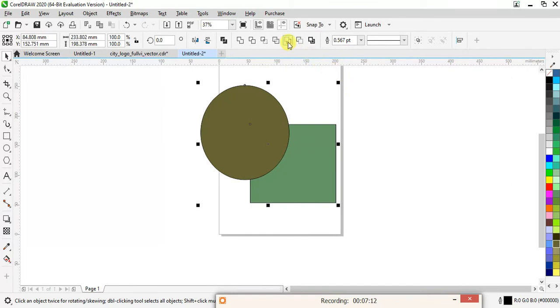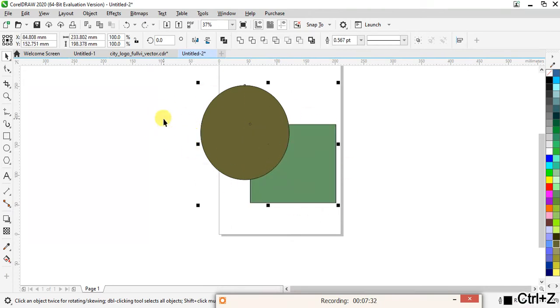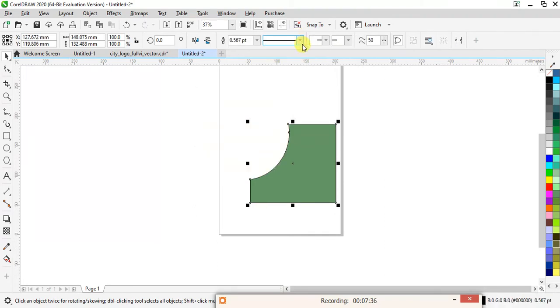Okay. Now what is this? Front minus back. What it will do is remove the back object from the front object, which is our front object, this one. The circle is our front object. See what it will do. It will give you only the front object, and the object which is at the back will be trimmed off. Now this is the opposite option, back minus front, where the object which is in front will totally disappear.